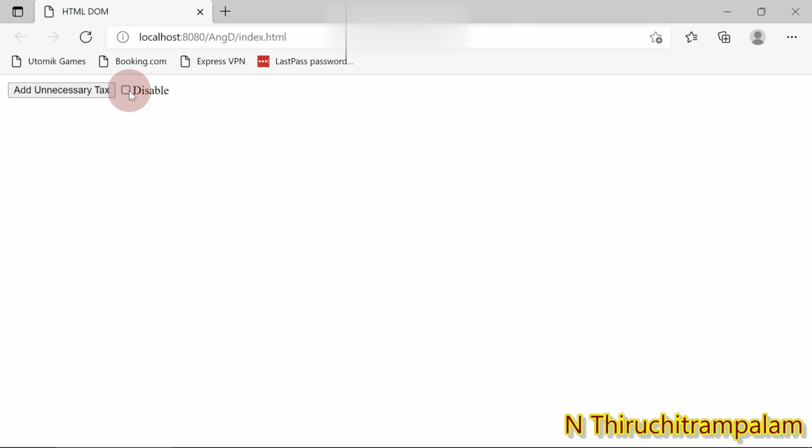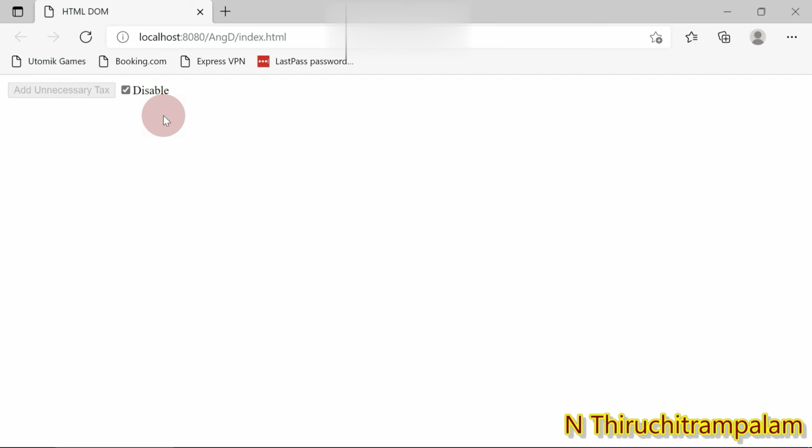So I'm going to click on this. See, the add unnecessary tags button got disabled. When I remove the tick on the checkbox, you can see the add unnecessary tags button is enabled. When I click on it, it got disabled.